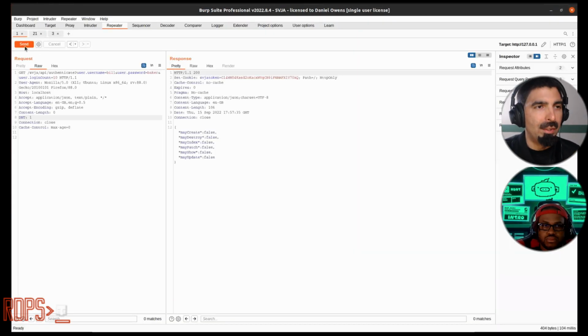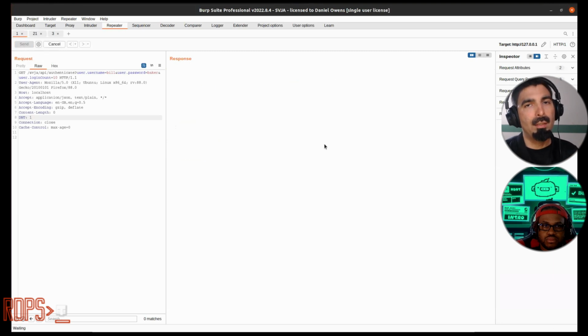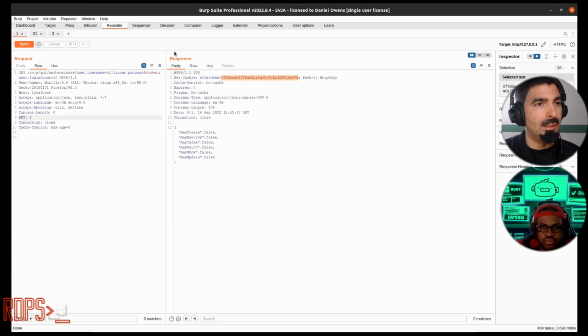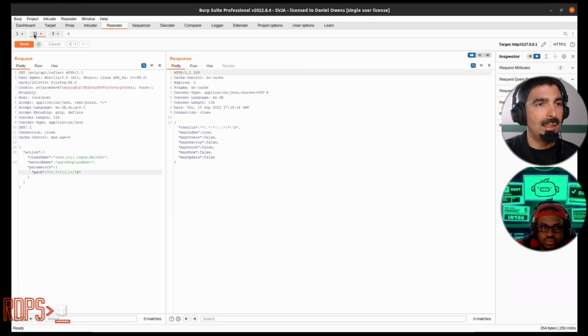So the first thing we have to do with the super vulnerable Java application, of course, is authenticate. And we've shown you can bypass authentication using insecure deserialization. I'm going to take this now. Here's my super vulnerable Java application /API/reflect. I put in my nice new cookie. And we see here, action, class name. You'll notice we aren't using the namespace here. So class name